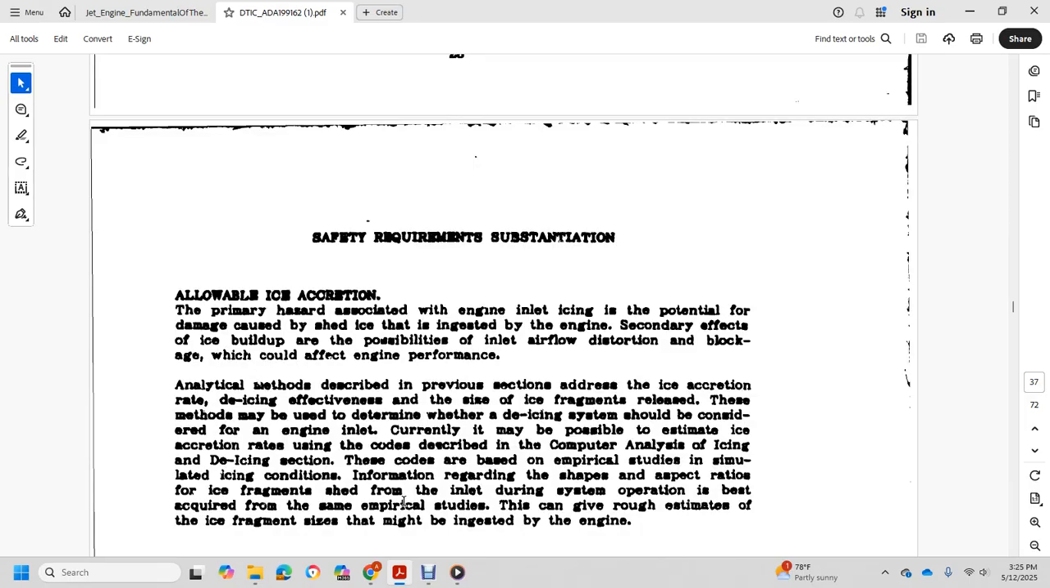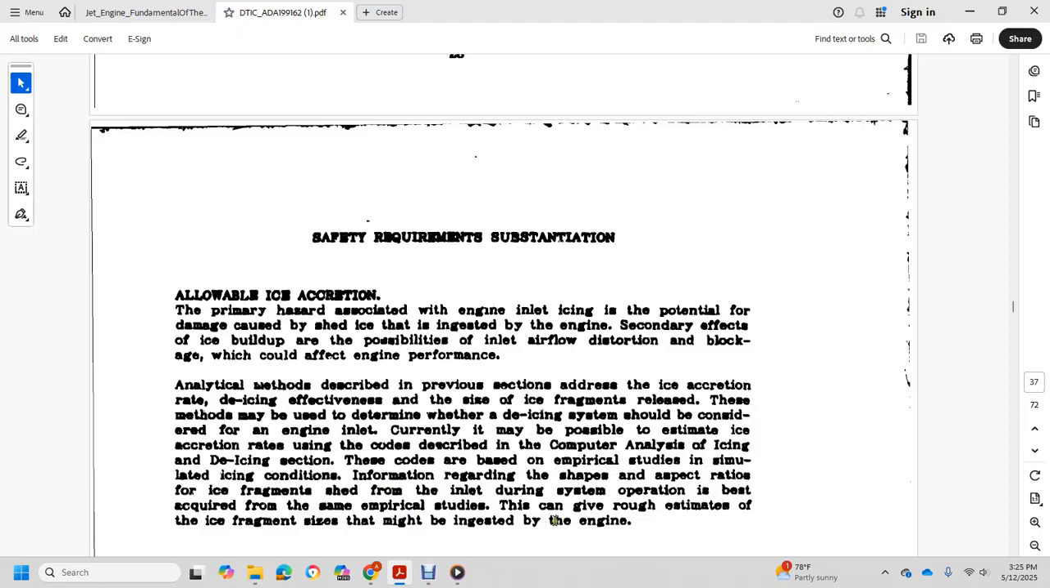of the mass of the wave with the de-icing system should be considered with the engine inlet concurrently. It may be possible to estimate the icing accretion rates with a code described by the computer analysis, the icing and de-icing section of the code to be based on empirical studies of simulated ice conditions. Information regarding shape and aspect ratio of the ice fragments from the inlet during system operation is best required from the same empirical study, to estimate ice fragmentation